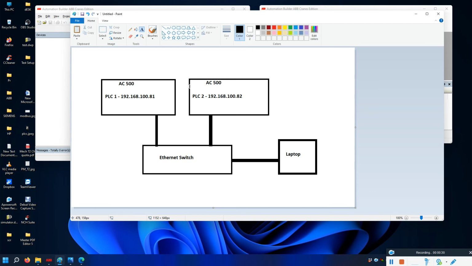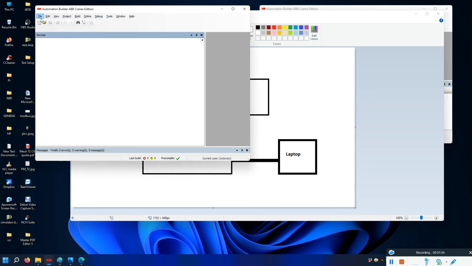So I've got the same setup: two AC500 PLCs, PLC1 with this Ethernet IP address, and PLC2 with this Ethernet IP address, and both are connected to an Ethernet switch, with my laptop connected to the same switch to communicate with these two PLCs. So we will make a program so that we can use the UDP protocol to transfer the data between two PLCs. So let's make a new program,